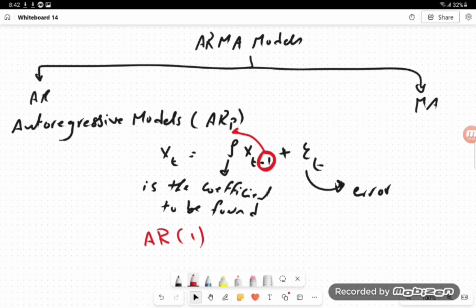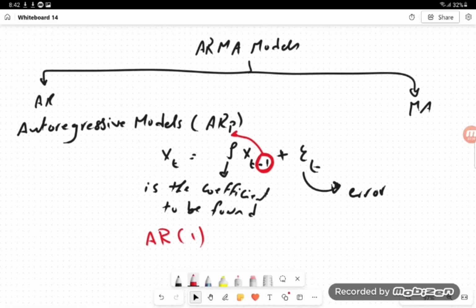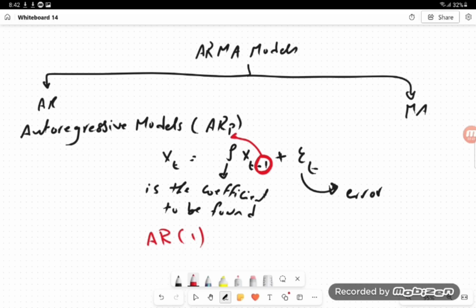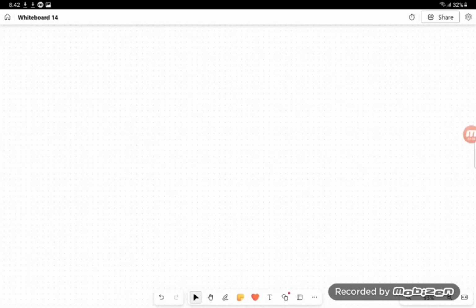So the general form of the AR model, which is AR(p), equals